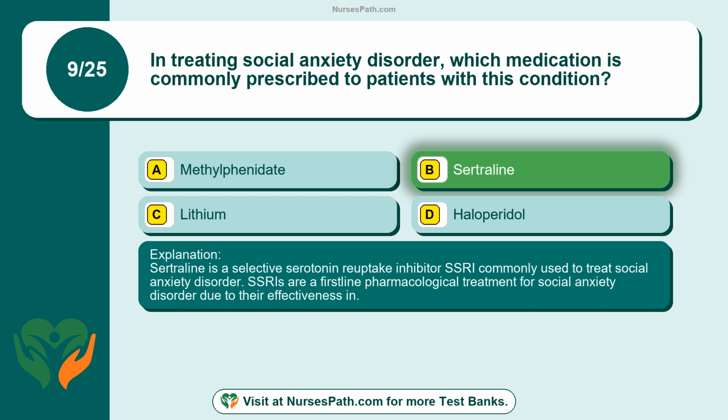Sertraline is a selective serotonin reuptake inhibitor, SSRI, commonly used to treat social anxiety disorder. SSRIs are a first-line pharmacological treatment for social anxiety disorder due to their effectiveness in